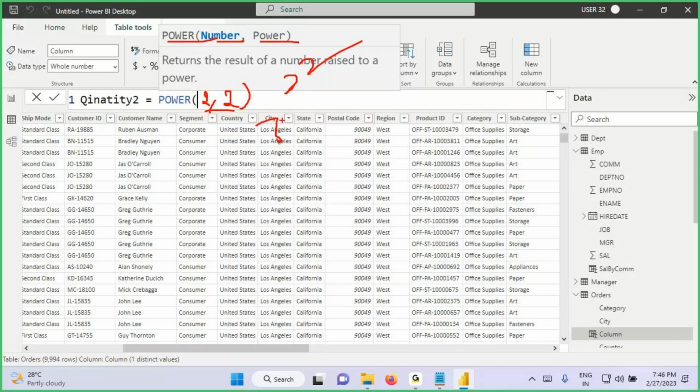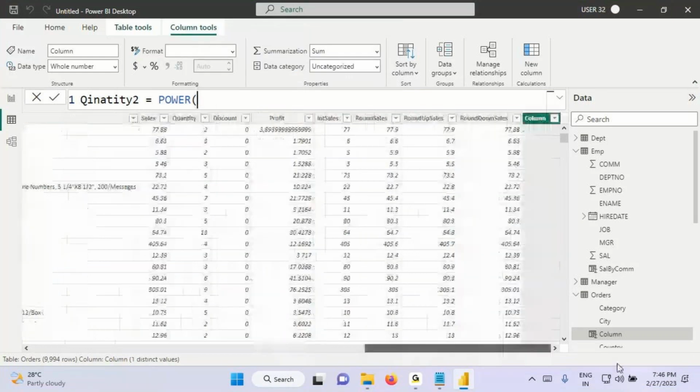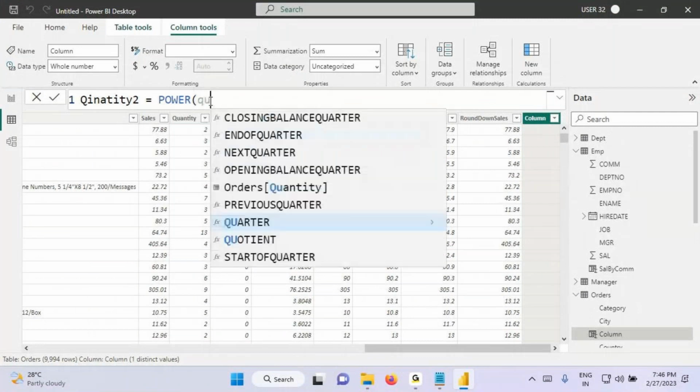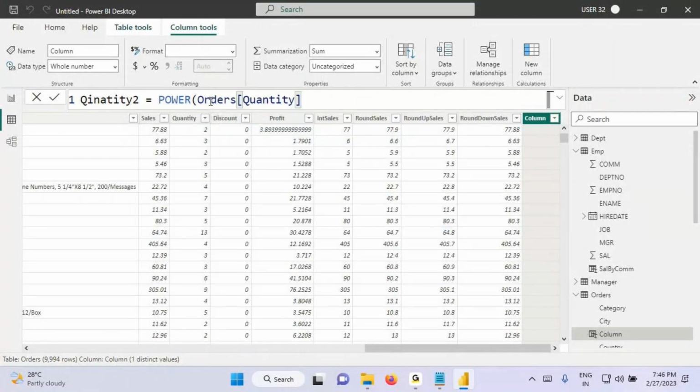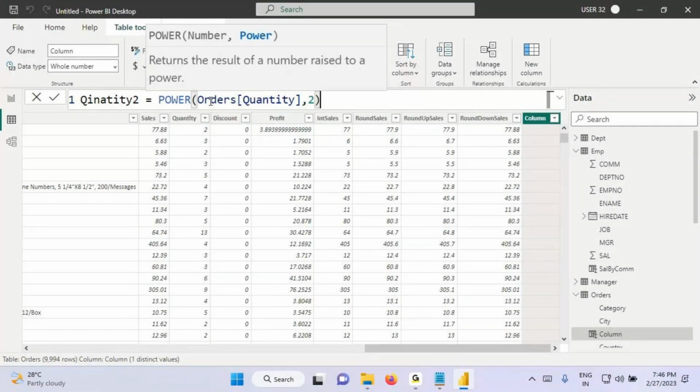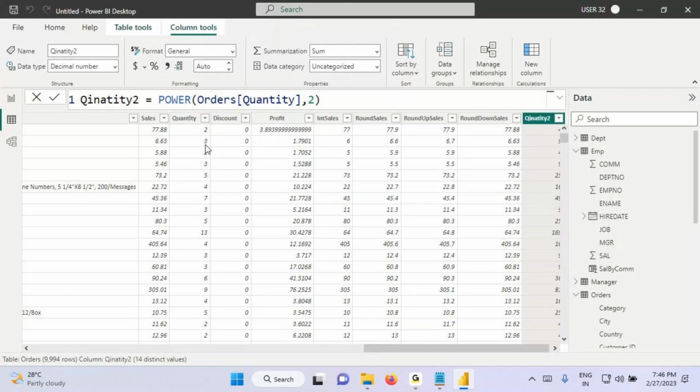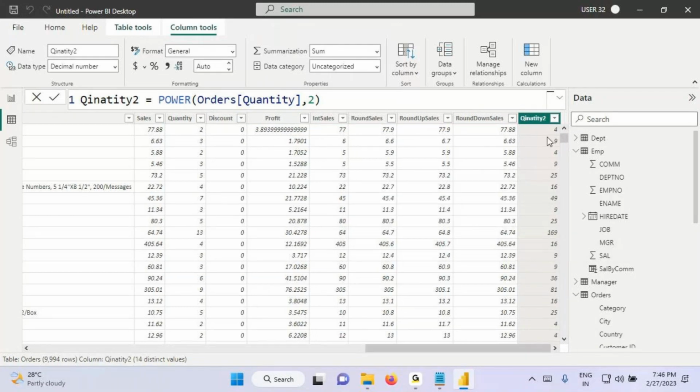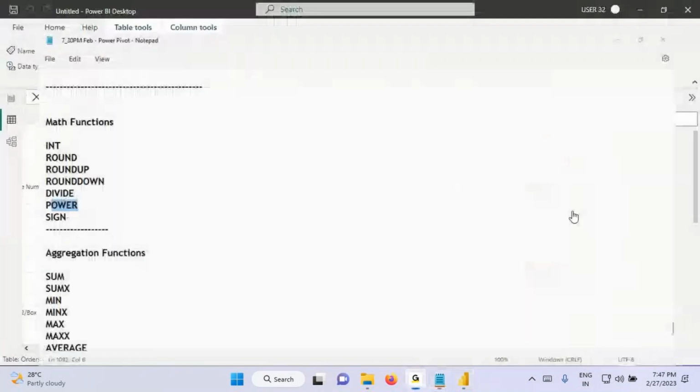So you can even pass one column and one number. I'll just pass one column called quantity column, and I'll just pass one number called 2. It will take quantity and the power of 2. 2 power 2, 3 power 2, like this you'll get it. So to the power function, you can pass two arguments, one the column and the power of that column. Once after that, the